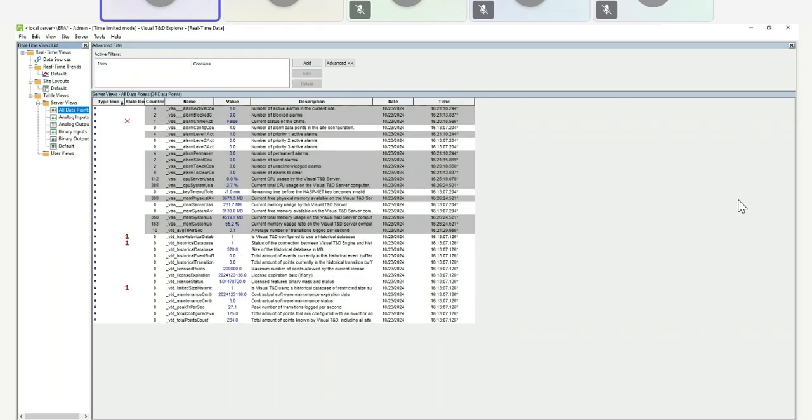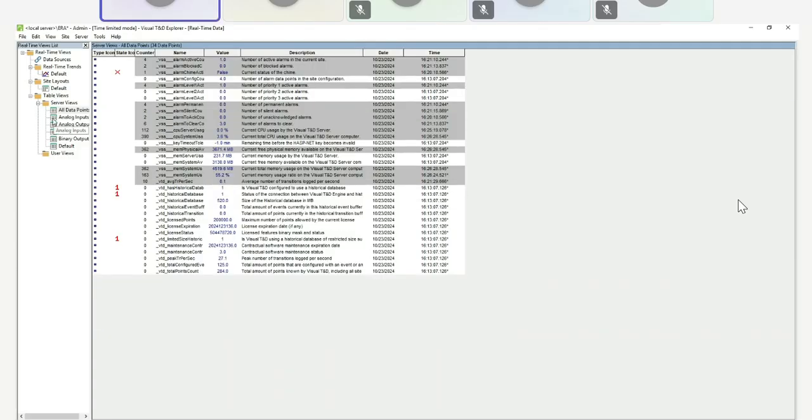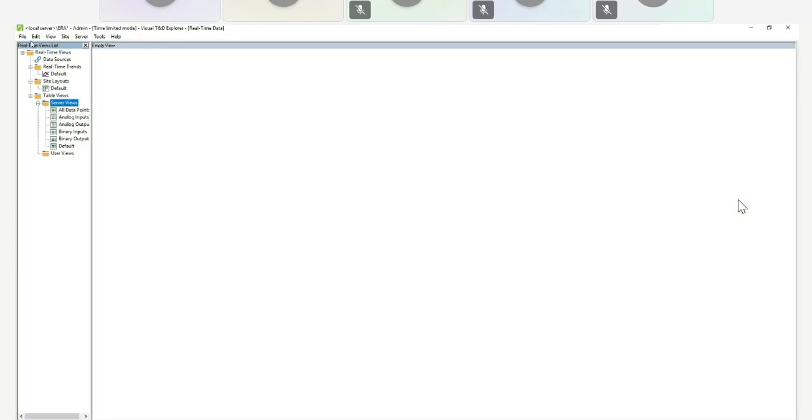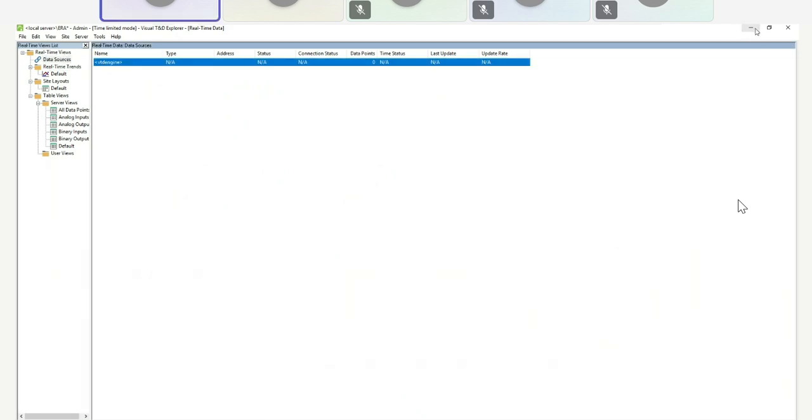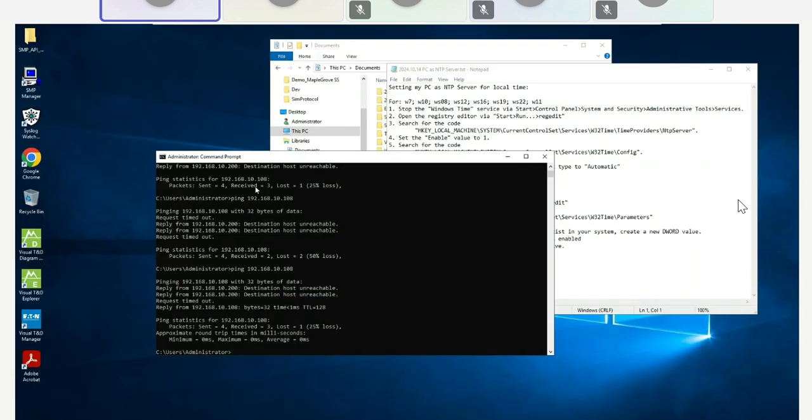Why is it not appearing here? All points should be appearing here. Okay, I will just load the.